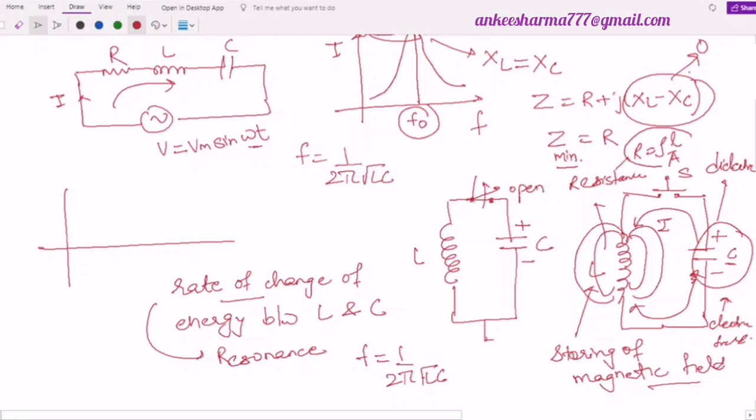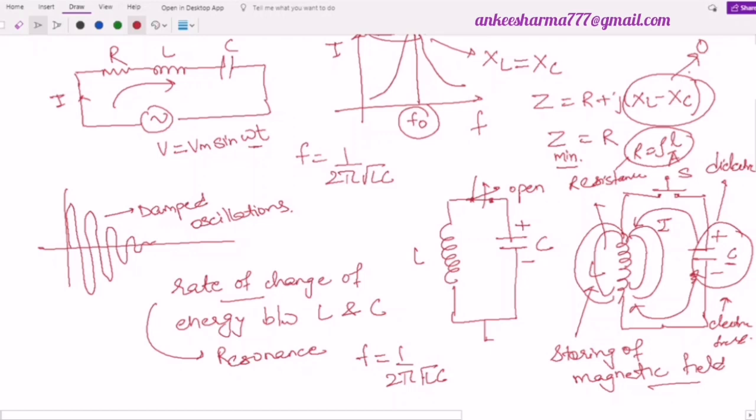So due to that, there will be losses in it, and you will find that in the starting, if the amplitude of this oscillation is this one, then definitely after some time this amplitude will be reduced, or you can say there will be a decrease in the amplitude after every oscillation, and these kinds of oscillations which get damped after some time are called damped oscillations.